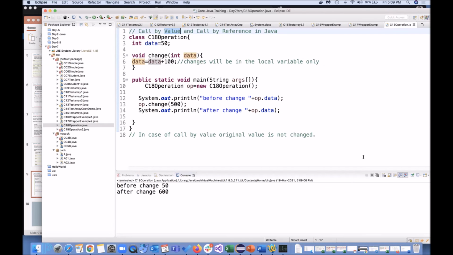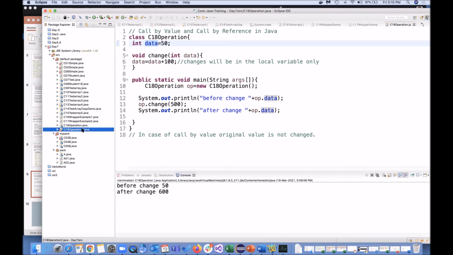But if you want to update the reference, then whatever the value of that instance is at that moment will be changed. It was already 500, and when you say this dot data, you are now talking about the instance variable, correct? For that instance, it will become 500 plus 100, then you will be getting 600.